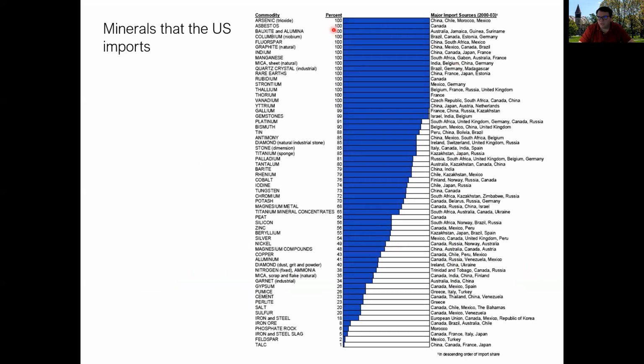So this gives you the percentage of minerals that the U.S. imports. We would basically be importing, in this graph, the vast majority of our needs. So basically, most of our minerals are imported. In fact, the U.S. is self-sufficient in a very, very limited number of elements, such as talc and feldspar, a little bit of iron slag.